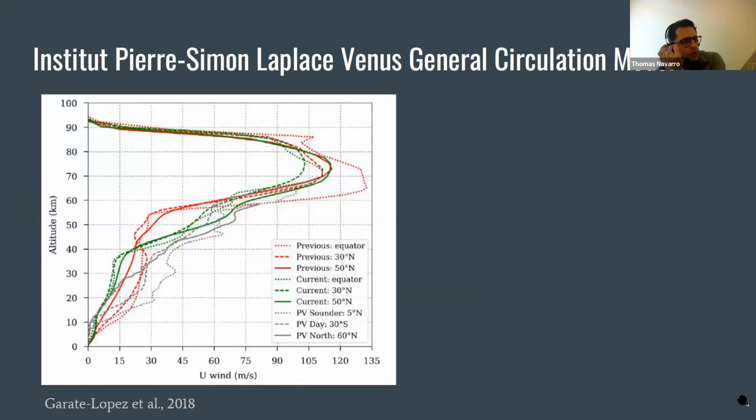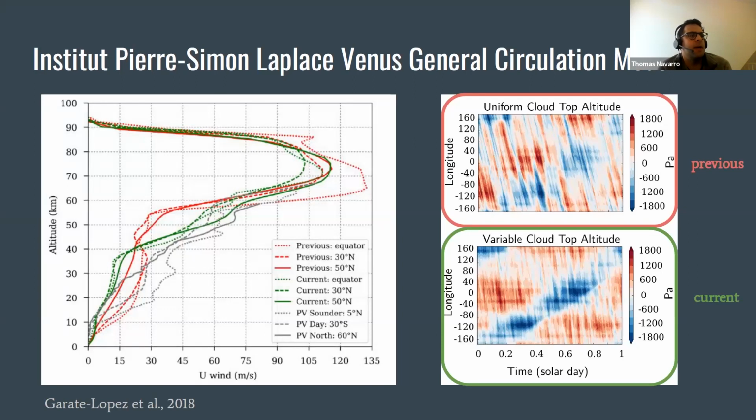So here is the result from the model, the current version that we are using from Garate-Lopez 2018, the version that we are using for tidal tomography. You can see the zonal winds as a function of altitude measured by the in situ Pioneer Venus probes, comparing the previous version and after the implementation of Garate-Lopez. What Garate-Lopez implemented was a varying cloud top, a cloud top altitude that varies with latitude. And what's interesting, in the next slide, please,